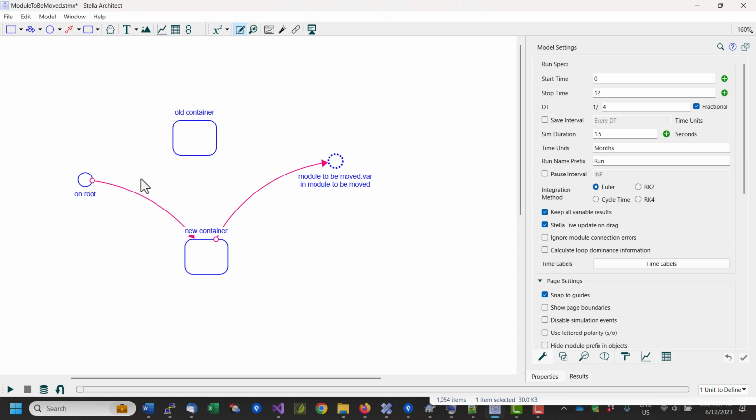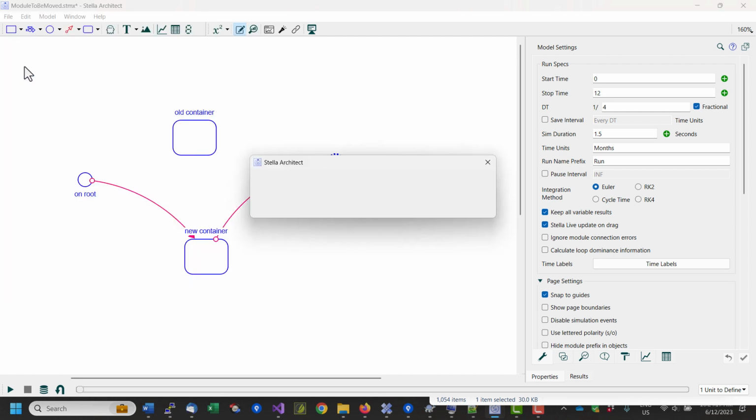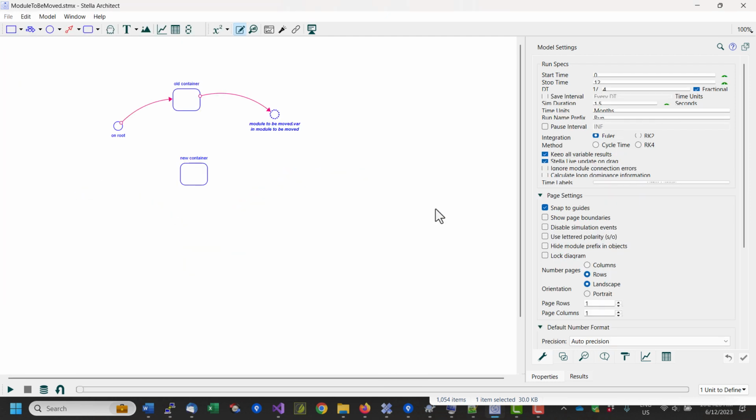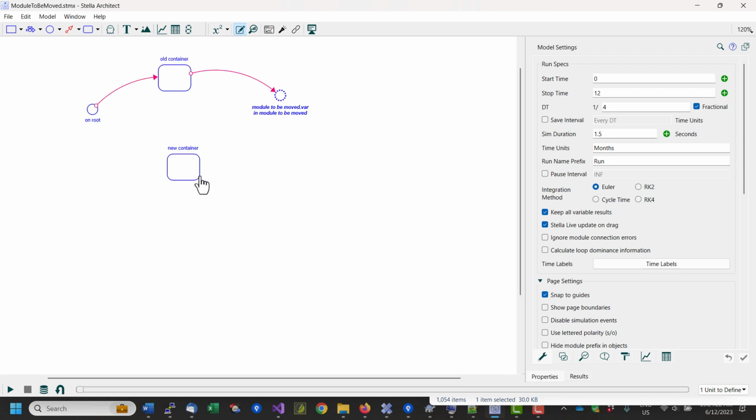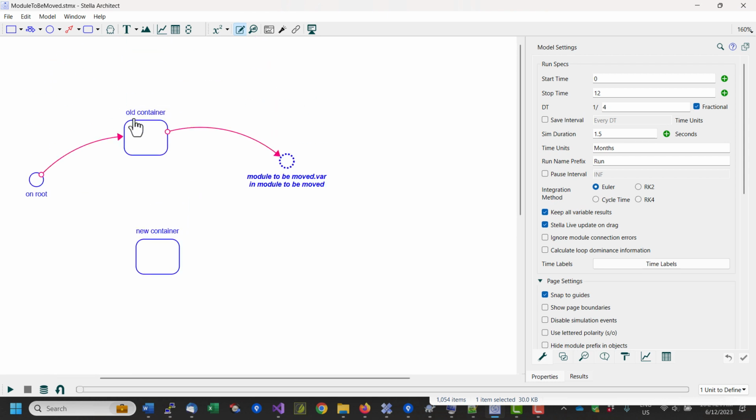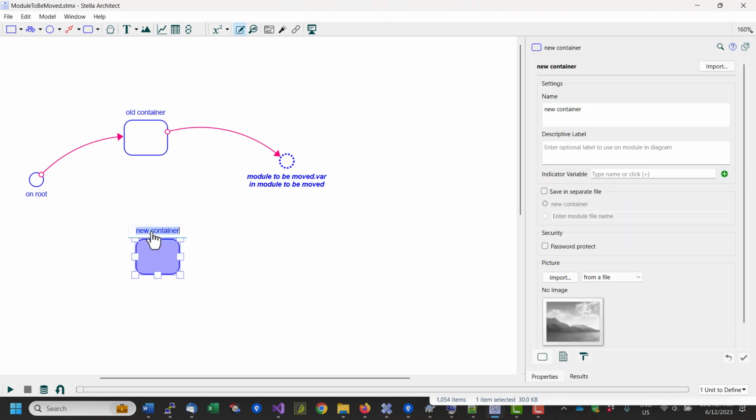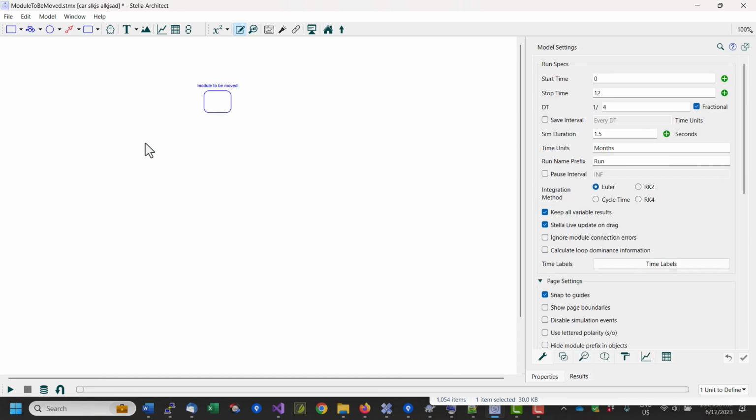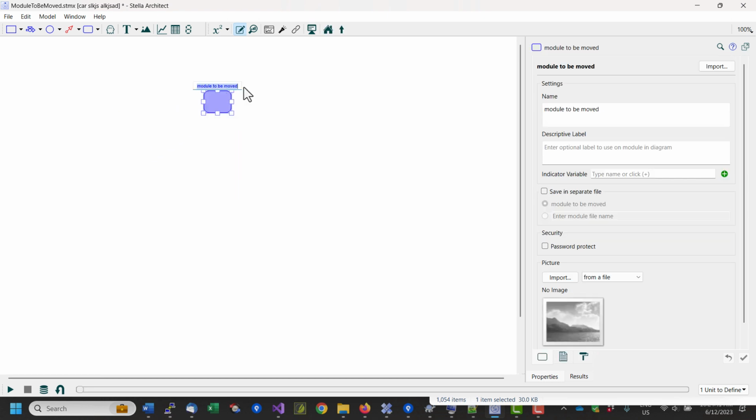Now this functionality applies not only to cutting and pasting within a single model, but can also be used across models. Let me revert this model to the way it was, and then go in, zoom in a little bit, and say, well, suppose that I started making a bunch of changes and I changed this new container's name to something else, and I've taken the old container and I'm going to call it, these are not very interesting names, and I took module to move and I'm calling this a bigger name,